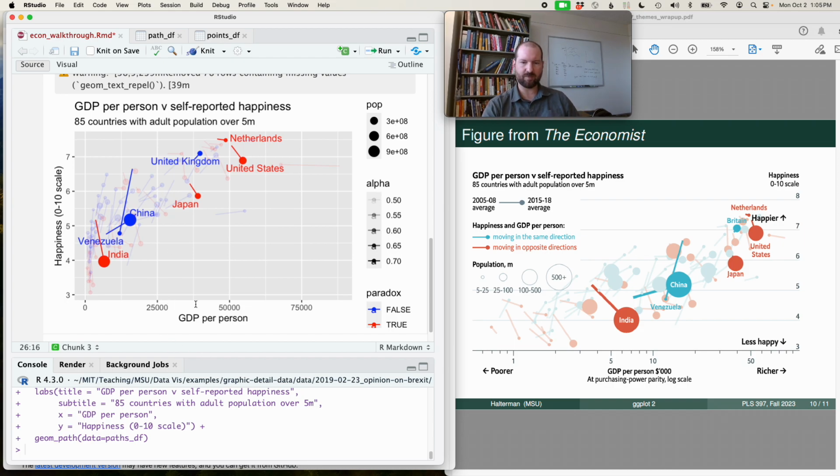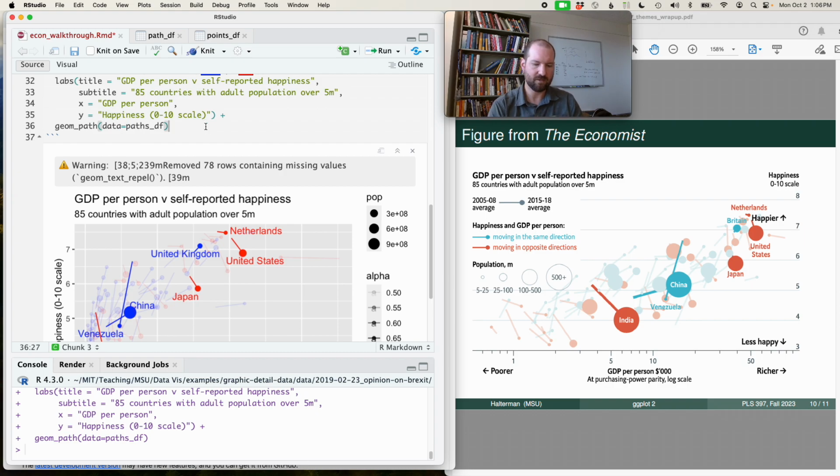Probably the first big thing is our figure looks a lot different from this one, because here they're using a log scale on the x, right? A lot of times we like to log things like income or GDP because they're so right skewed. There's a small number of rich countries, or if we look at income within a country, a small number of very rich people. And so by logging it, we essentially compress our data and make things a little bit more